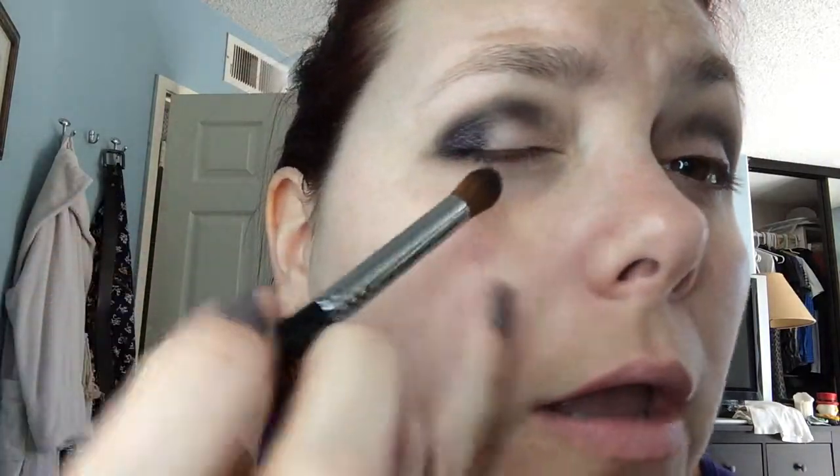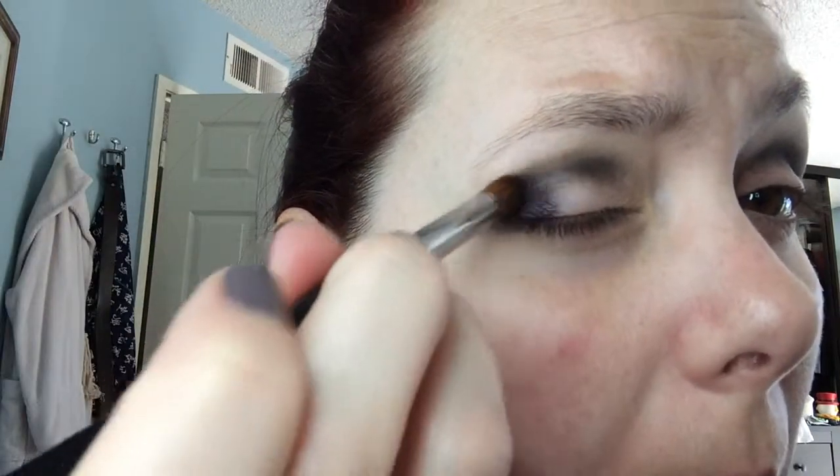Some more of the same color on my brush. And can you see that? Can you see how it changed to that purple color? Now, the problem with Pixie Epoxy is it's really impossible to blend. I haven't tried the Too Faced or the e.l.f., so I don't know if that's the case with those. It's almost impossible to blend, which is problematic because you kind of get this line of glitter and it's not so pretty. Part of why I did that first, because what I'm going to do next is my other color,